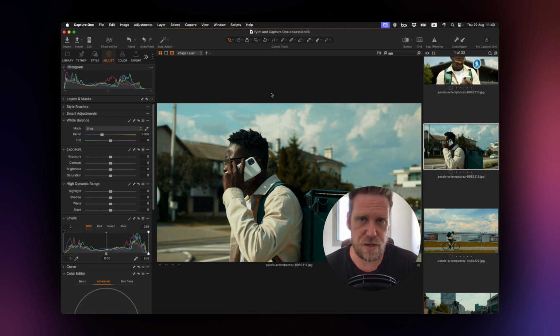If you need to retouch your image, you will finish in Photoshop, because most photographers will not retouch in Capture One unless it's removing something like dust marks from the sensor or stuff like that. If you're doing fashion photography, commercial photography, and you have to retouch the face of your talent, you will